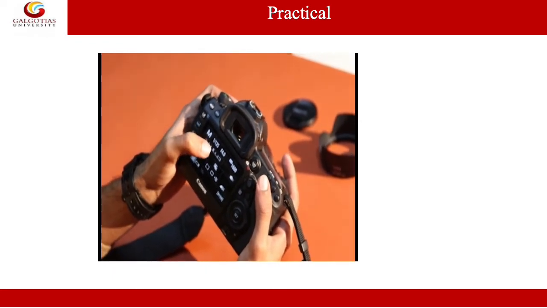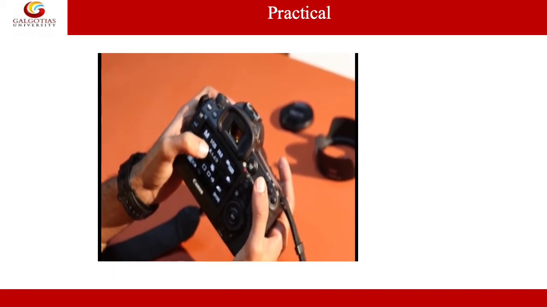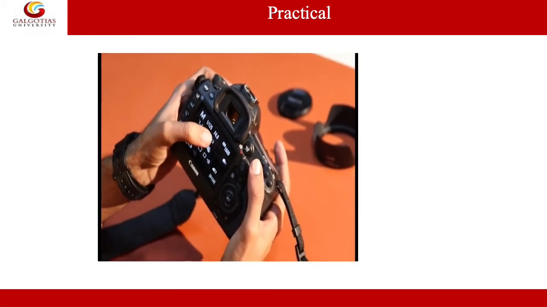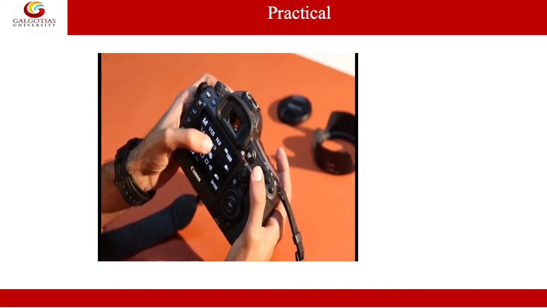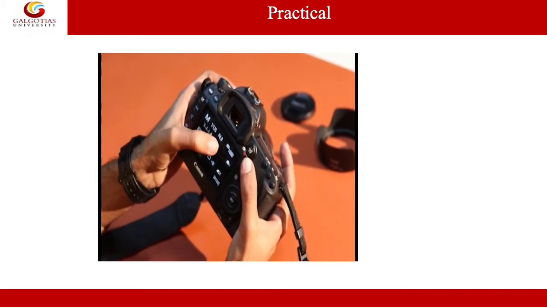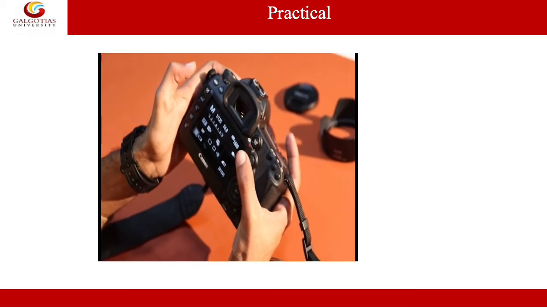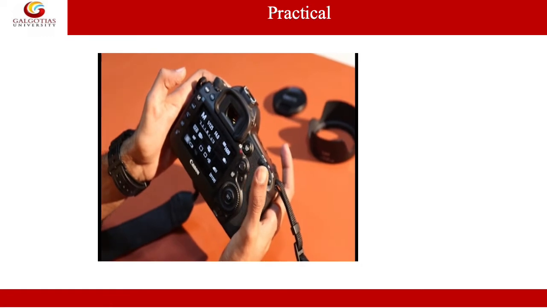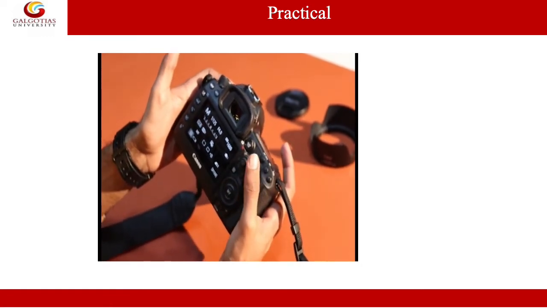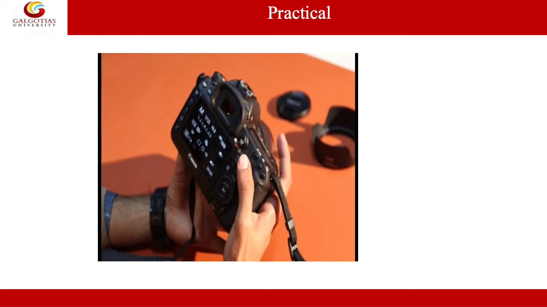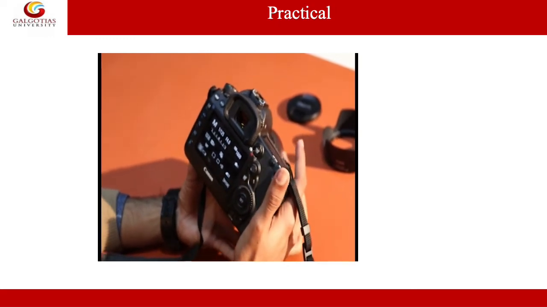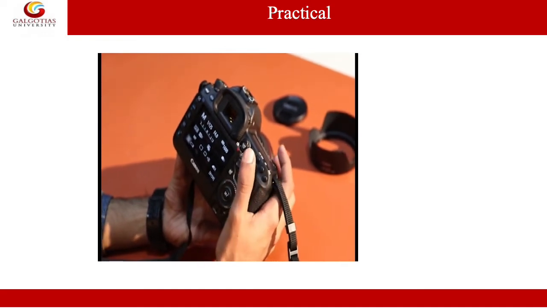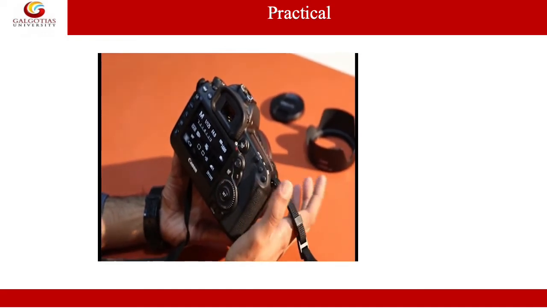We have this first block which defines the shutter speed in a fraction of a second or in terms of seconds. Next we have the aperture, which is defined in terms of f-stop. And the third thing we have is the ISO, which defines the sensitivity of the camera sensor. We have different types of controls in different cameras, but most cameras have general settings which we are going to discuss in order to set the exposure triangle.